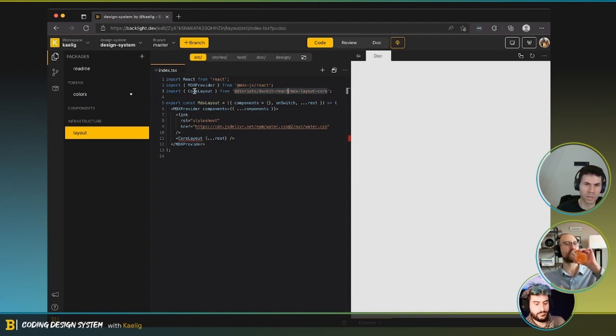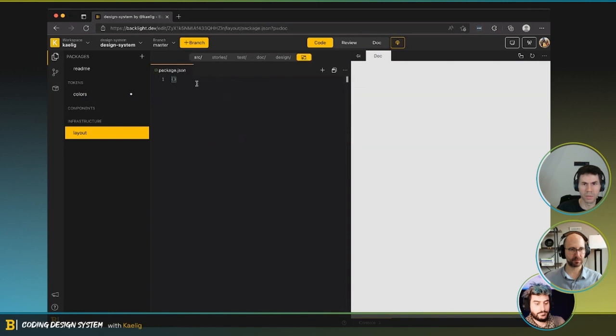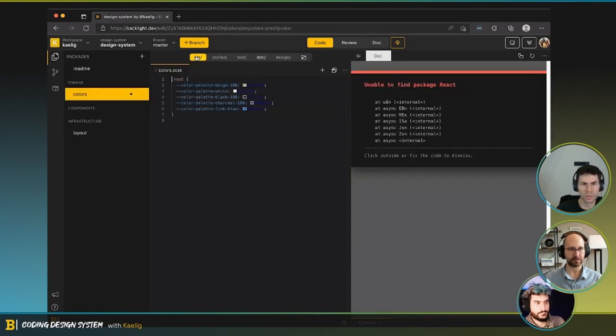So what we're doing here is from dockit React, which is an open source toolkit for creating documentation for design systems that we open sourced. I'm just picking up the default layout, and then I'm laying out a default MDX provider for MDX. This is exported as an MDX layout, and then I'm just gonna do an index.js here, and I'm gonna export everything from source. This way, I can go into my documentation and actually import the layout directly.